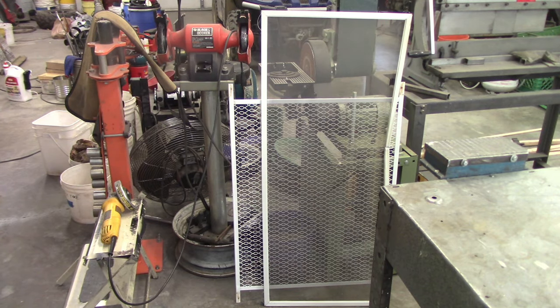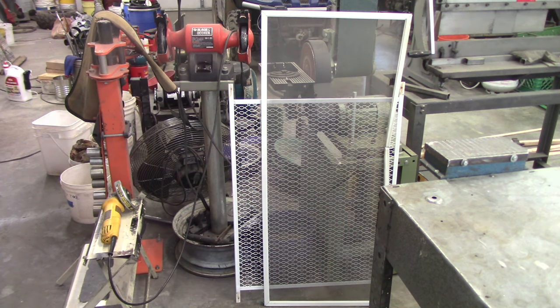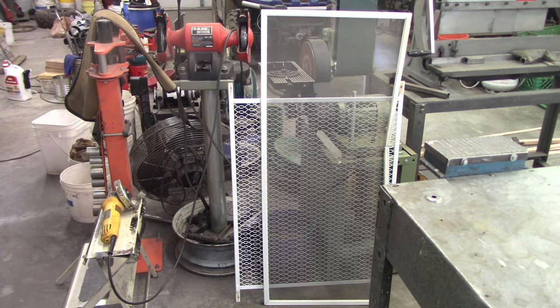We'll be back. Alright guys, so the title says, might be a little treasure found in the shop, and I'm just going to move this stuff out of the way. This one is a window that I rescreened, and the other one is off a screen door that the storm ripped off the side of the shop. But that isn't the treasure. I mean, it'll be a little bit of the treasure because it'll go in scrap, so that isn't the main thing. If you look really, really close,